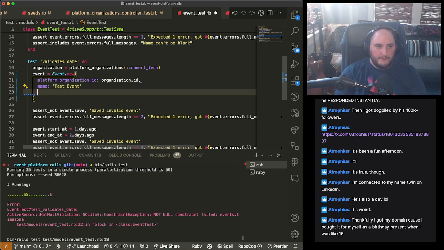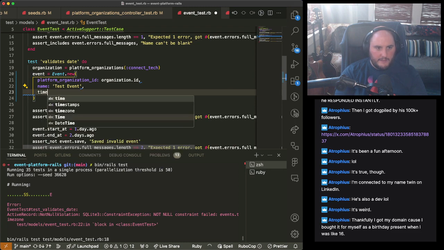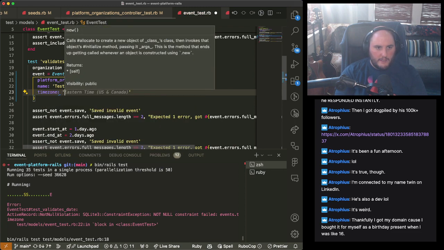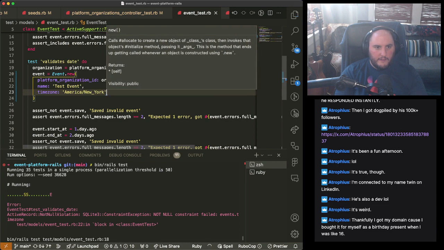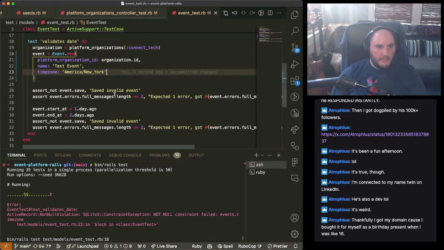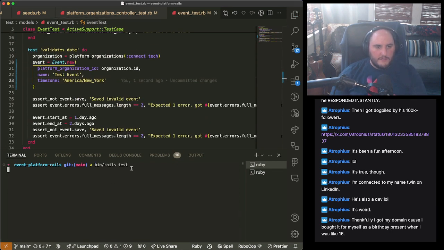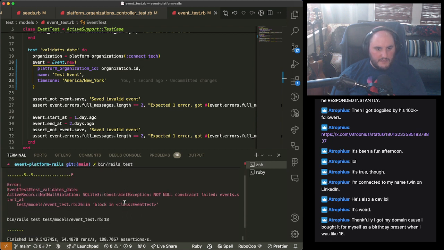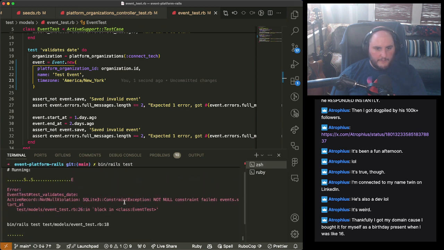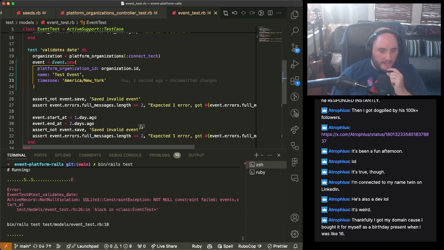So let's go ahead and try to fix this fast. But first one's going to be time zone. American New York, I think, would be good enough for our test. So if we run this test, this failed a not null constraint on events start at.